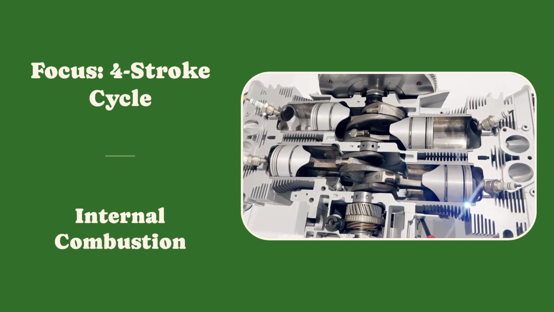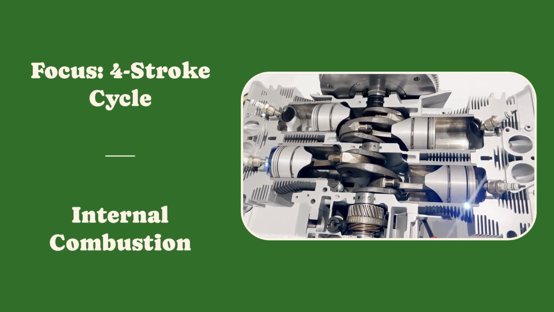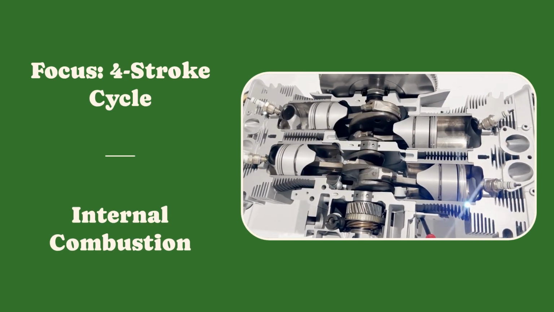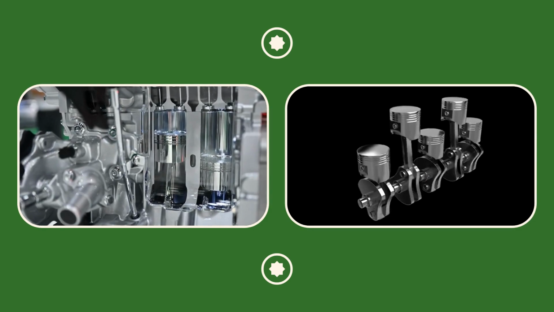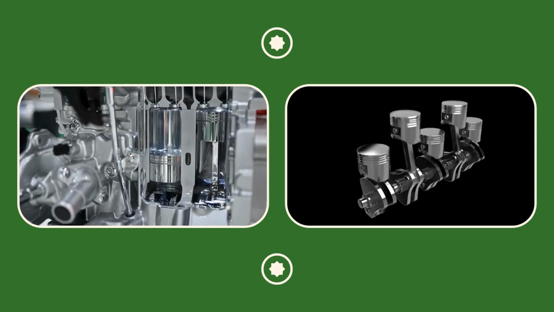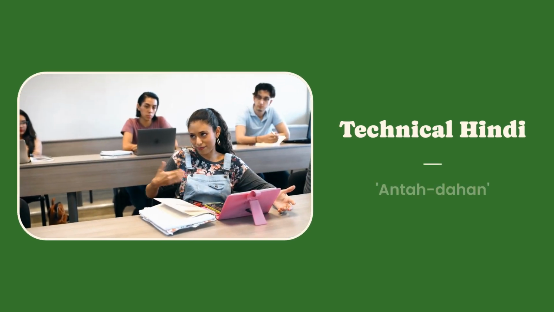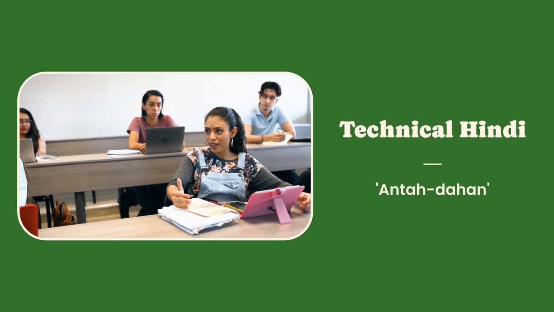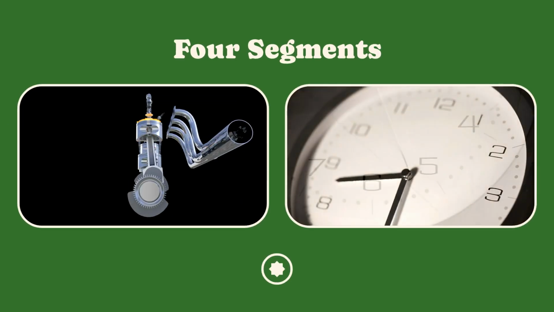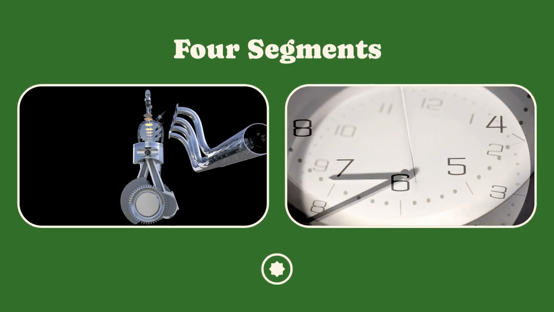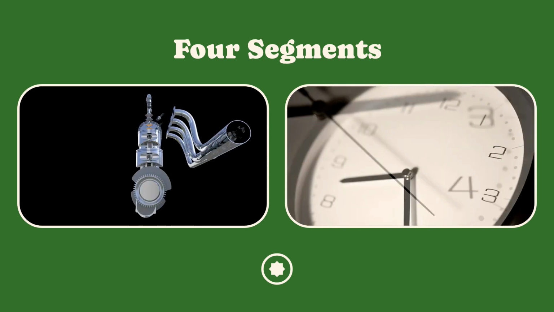This prompt focuses purely on the 4-stroke internal combustion cycle, skipping the general introduction for a deep technical dive. The visuals should be a transparent engine block, specifically showing the synchronized movement of the crankshaft and the pistons. The language should be purely instructional Hindi, ensuring the use of correct technical terminology like anta dahan for internal combustion. Structure the 2-minute video into 4 distinct segments, dedicating one segment to the explanation of each of the 4 strokes